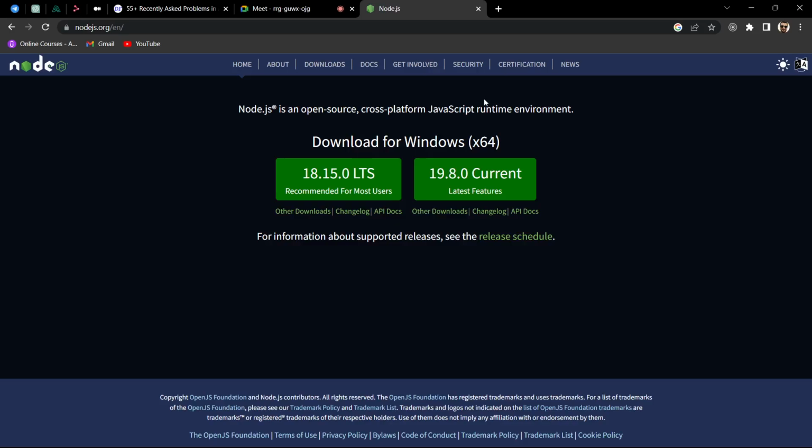If you install the current version, you may get some bugs. The LTS version is just one version previous. It is the long term support version. So the current version is in a vulnerable time. Yes, it is in the developing phase.